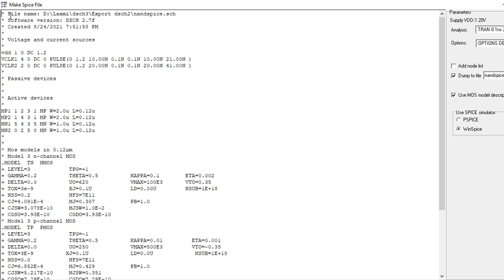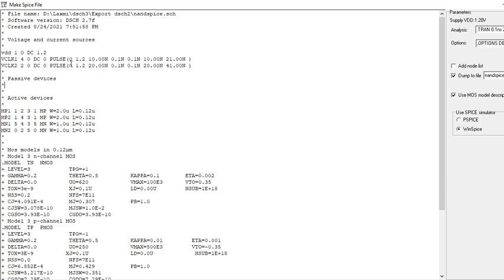So see here, these are all commands. The file name where it is stored, the software, voltage and current sources are automatically generated. So we gave a DC supply, VDD, between nodes 1 and 0, and this is DC, how much? 1.2 volts. Since it is a NAND, we gave two inputs, clock 1 and clock 2. So V clock 1 and V clock 2 are connected between 4 and 0. These are also DC 0.